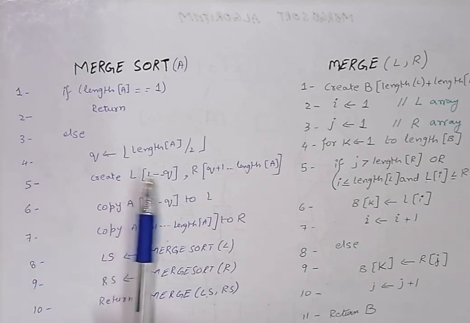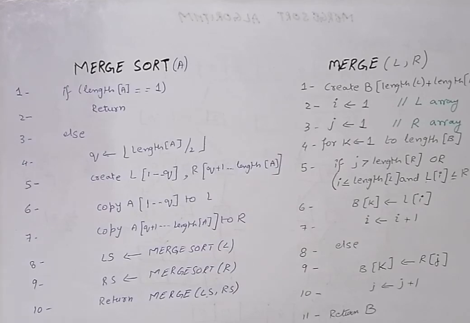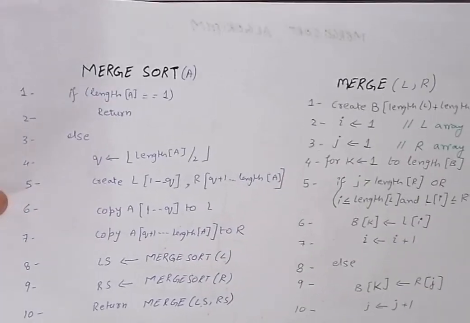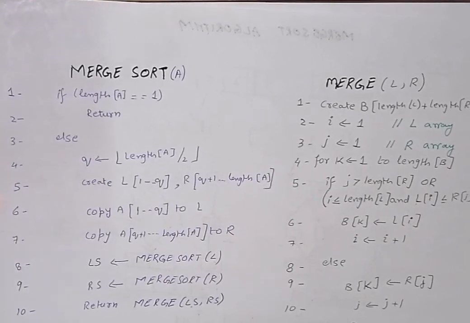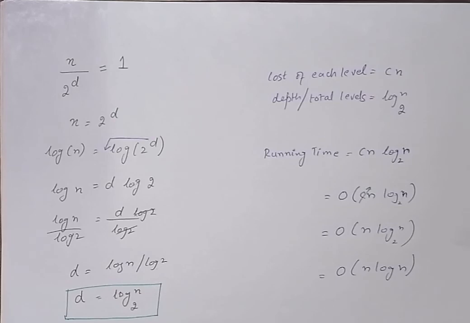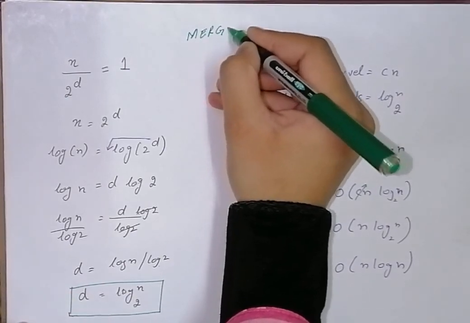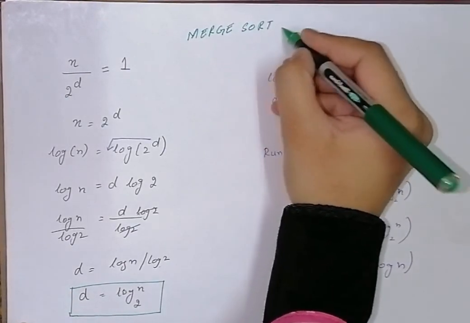In short, you can see here I am creating two arrays, and here also I am creating one array. So I am allocating extra memory in order to perform this sorting task successfully. So the merge sort algorithm is basically an out of place algorithm, and it does not perform its task within the given memory. You need to allocate extra memory in your code. So this is how we have calculated the runtime of merge sort algorithm,